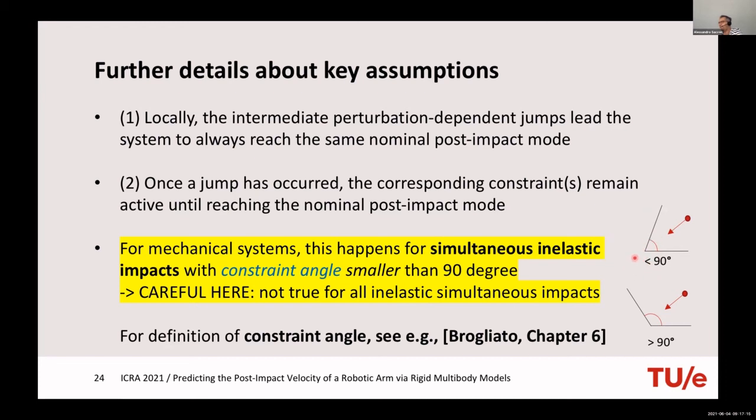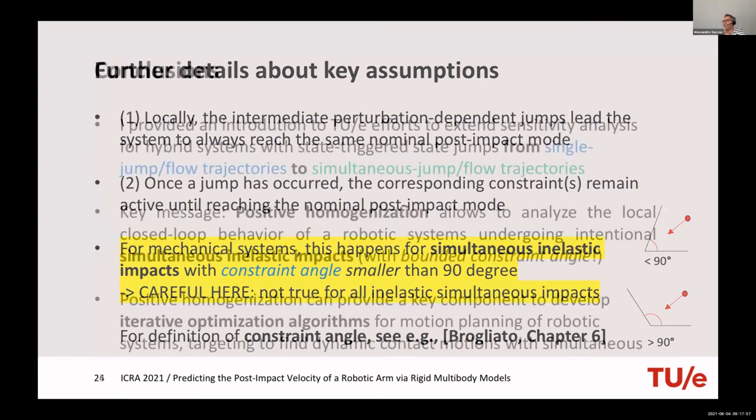Again, this angle is defined in general. It really depends on the mass matrix at the impact moment and the type of constraint you have. But in this talk I'm focusing on this situation, not on this. So the theory I'm defining applies to this, which is, for example, what happens when you have a box held by the hand of a robot, and this box is not smashed, but made to impact the table. At least I wanted to give this message here.